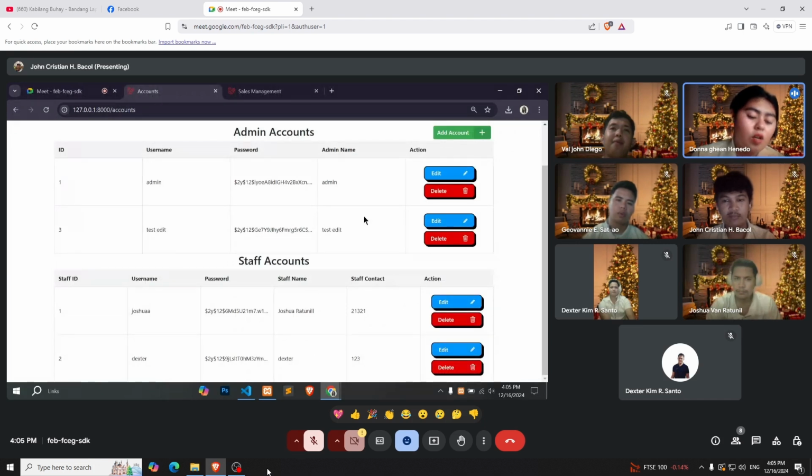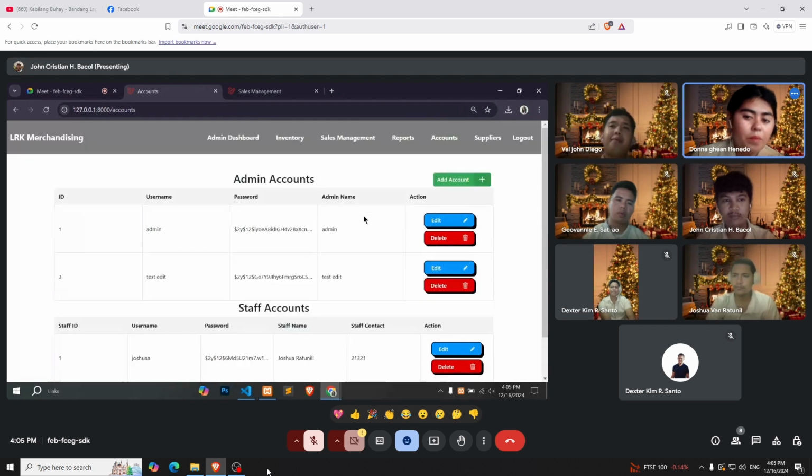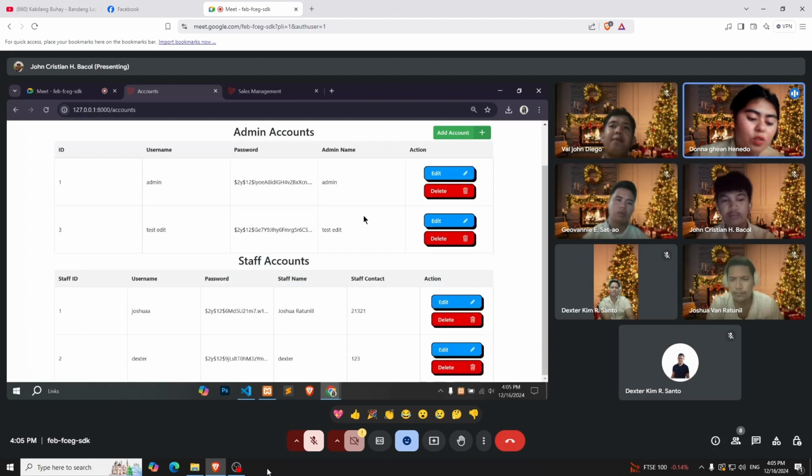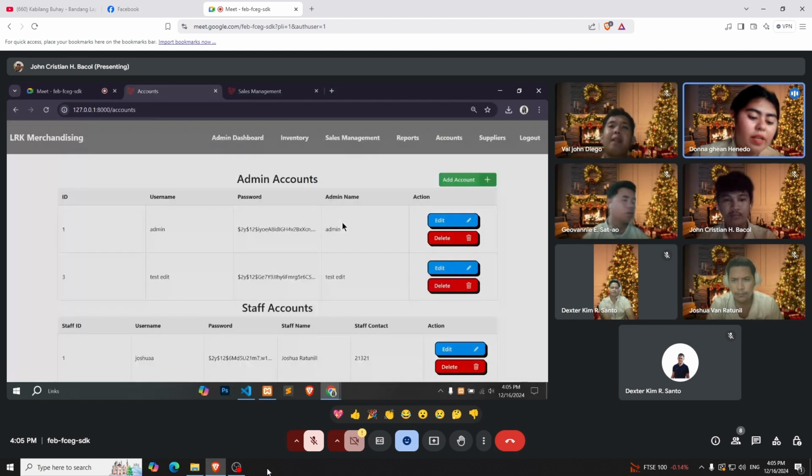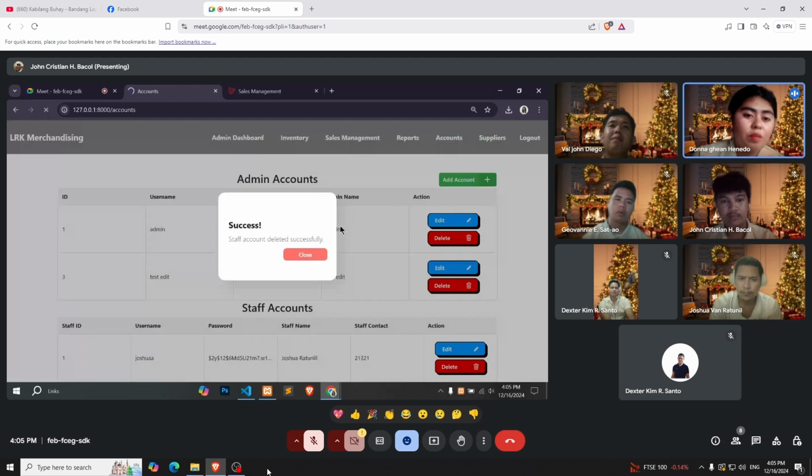First, go to the accounts page. And second, choose the account you want to delete. And third, click the delete button. And fourth, an account deleted successfully message will appear.